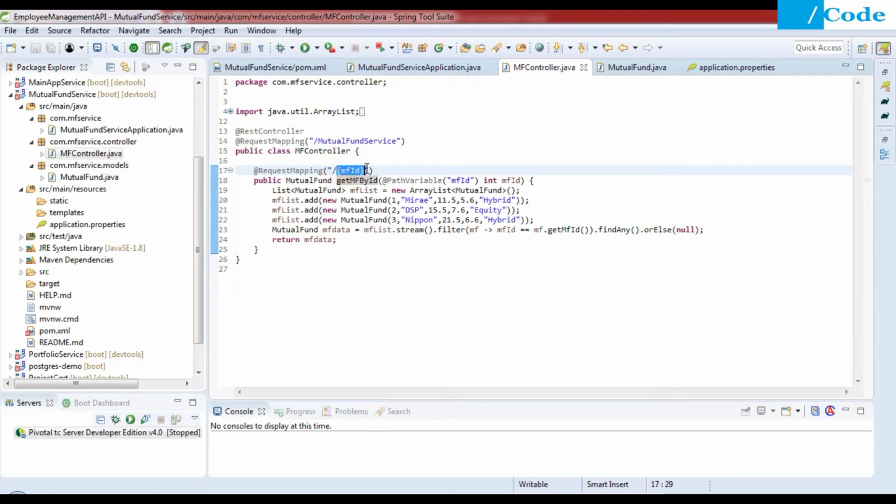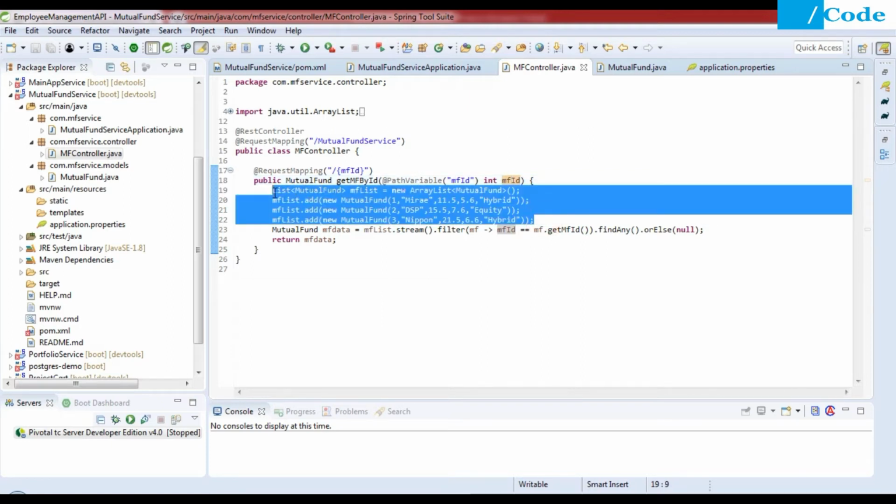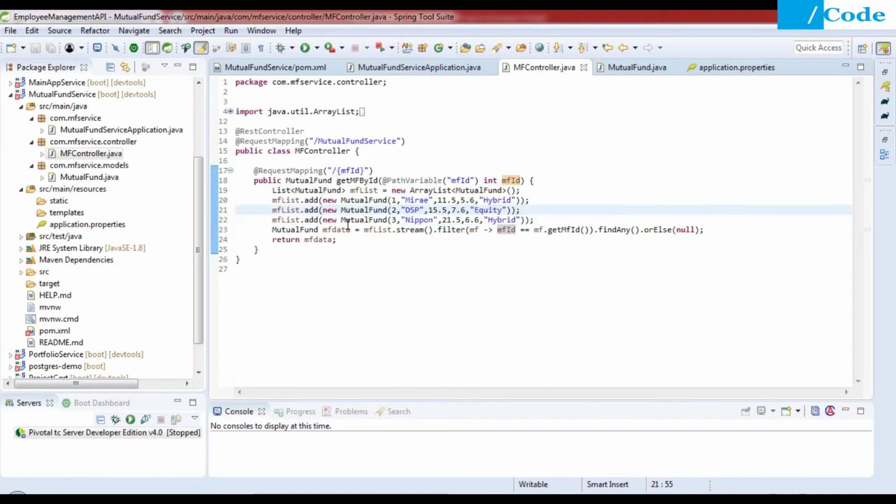This mfid comes in, I have added the path variable and got that mfid in a variable, and here we have created a mutual fund list, and after that I have used the stream API to get a single mutual fund which matches that id.